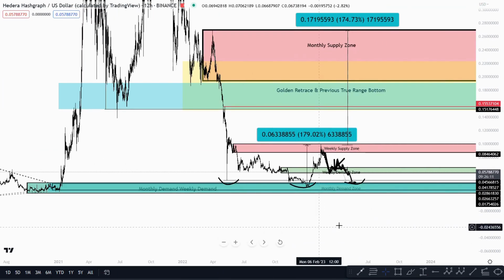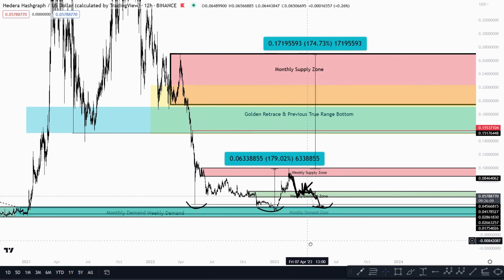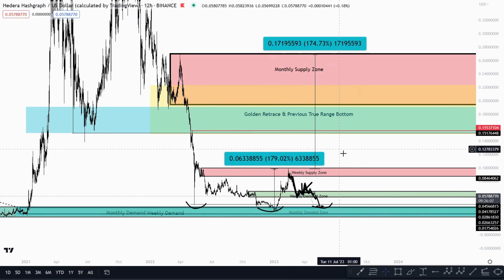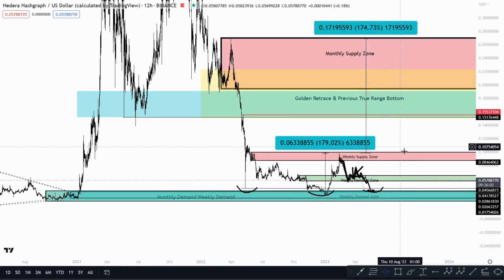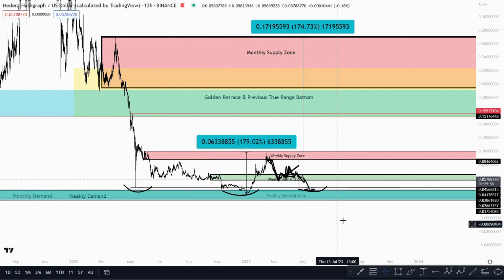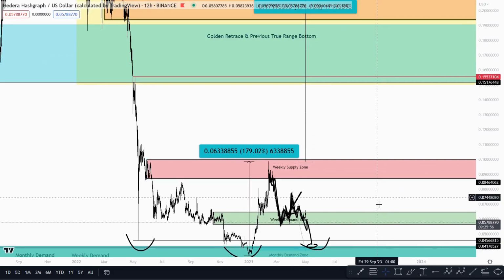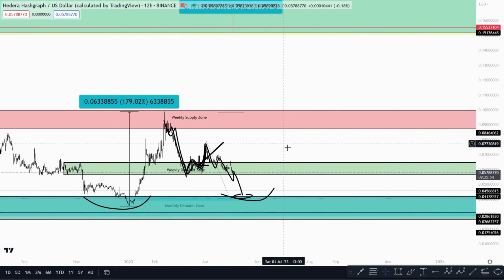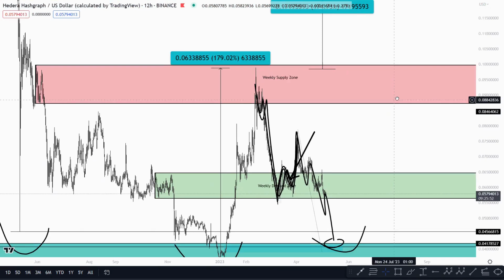So I do think if we were to get that move down, we don't want to be panicked here. We want to be patient and stick to the game plan. We've been taking profits at the highs. If you haven't and you've not got a position in HBAR, I think you want to be looking around the 4 cent zone, and obviously on the lower time frame, if that low is to be broken, you could be